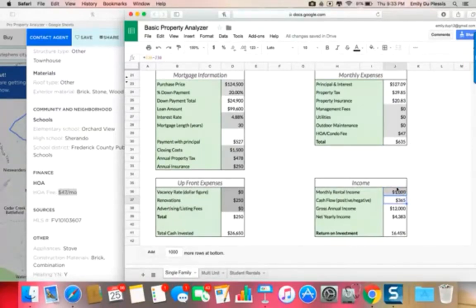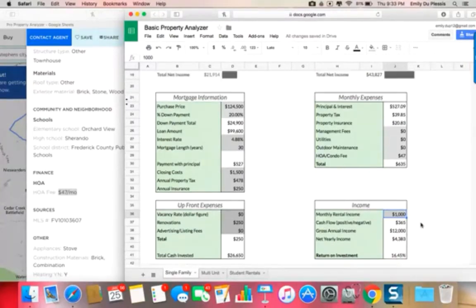So you go ahead and put in your monthly rental income, and that gives you what your cash flow would be each month, your gross annual income, and net yearly income. So now that I know what my monthly rental income is,